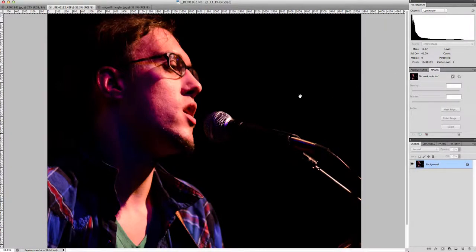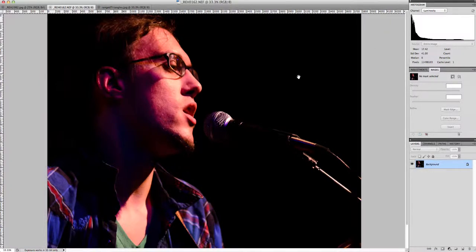We've got a little bit of action, which is probably going to be related to this little hot spot looking area on the microphone, perhaps the singer's skin tones here, and down in this area. So you can start to get an idea just by looking at the histogram how much you're going to have in your highlights versus your shadows and your midtones.